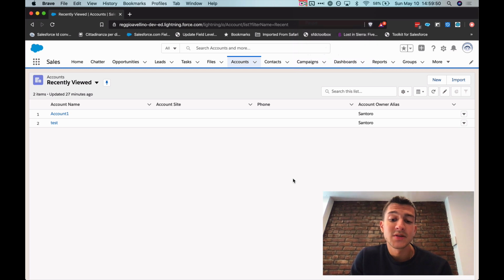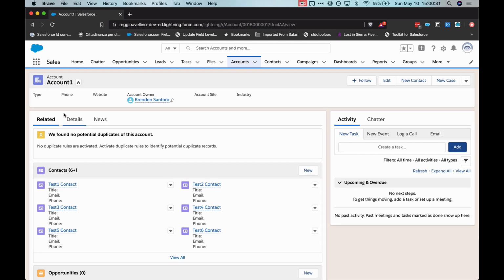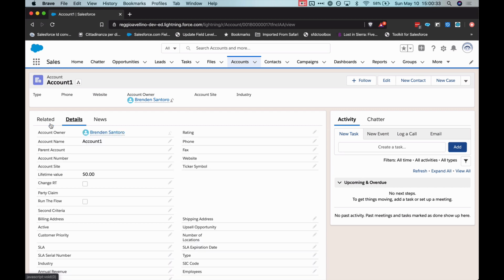I'm doing this in a Summer 20 pre-release org, which Summer 20 is not out yet. It's still early May, and it'll be out in a few more weeks. But what I'm using is a record change flow instead of a process builder. So I'm just trying to use all new flow features and see how seamless it is to get it to work. So in this example, what I'm going to do is I've got a test account and it has